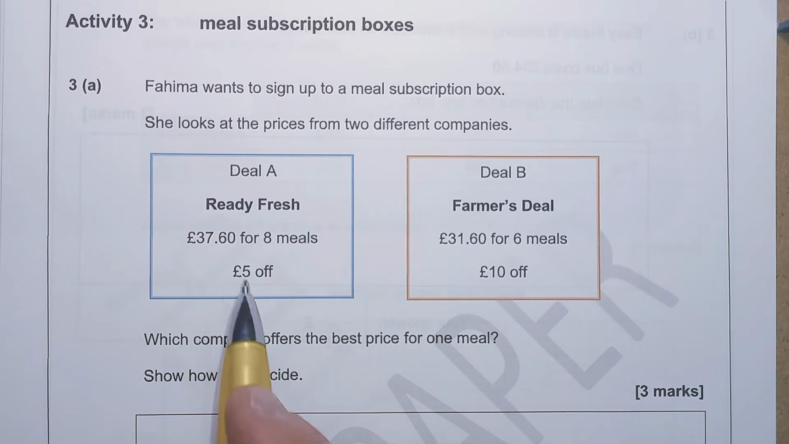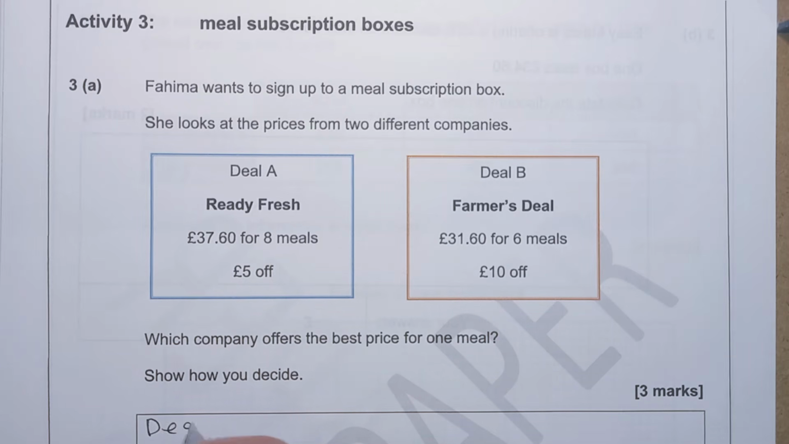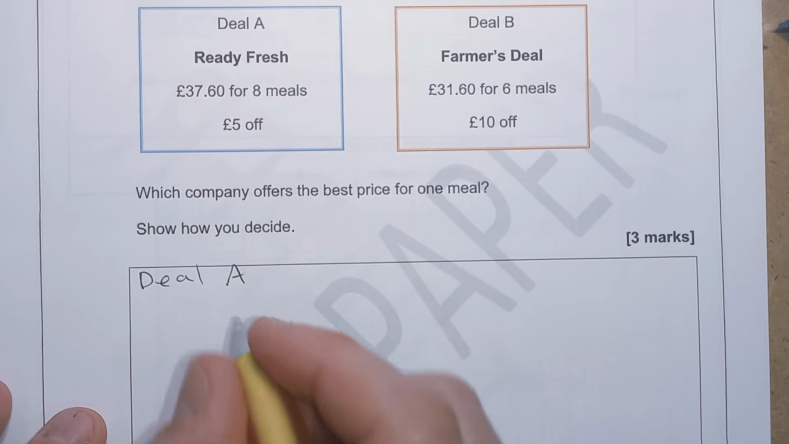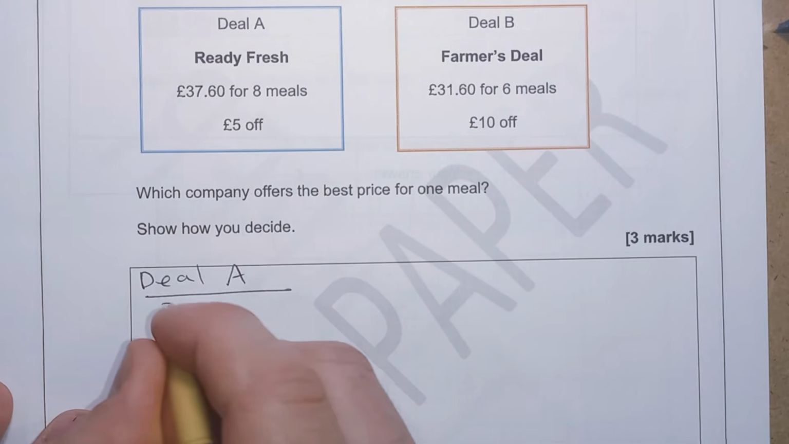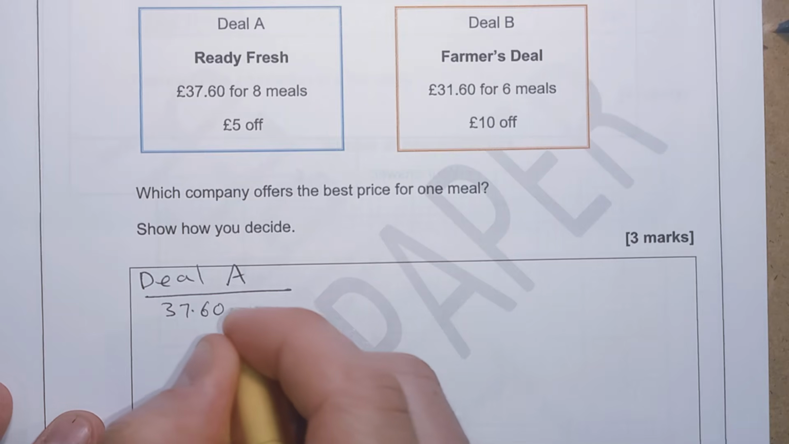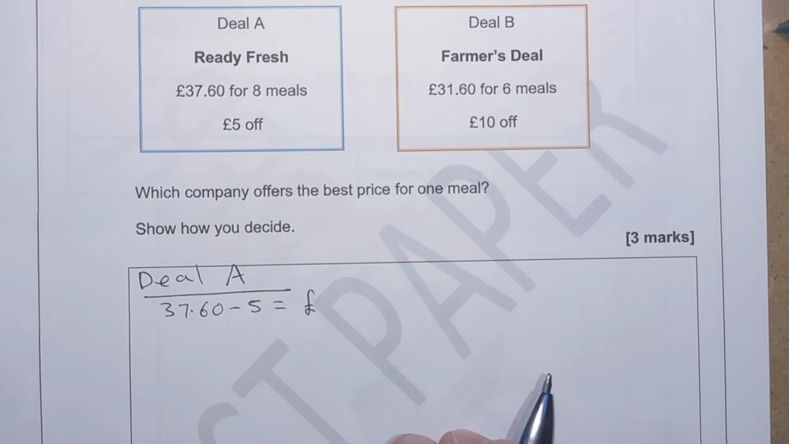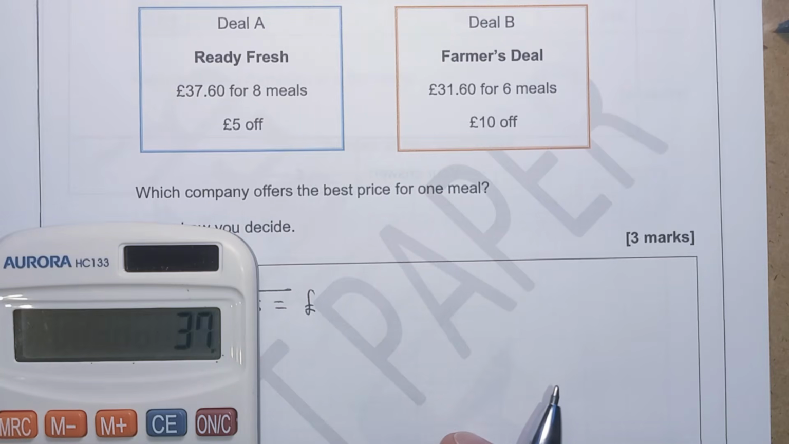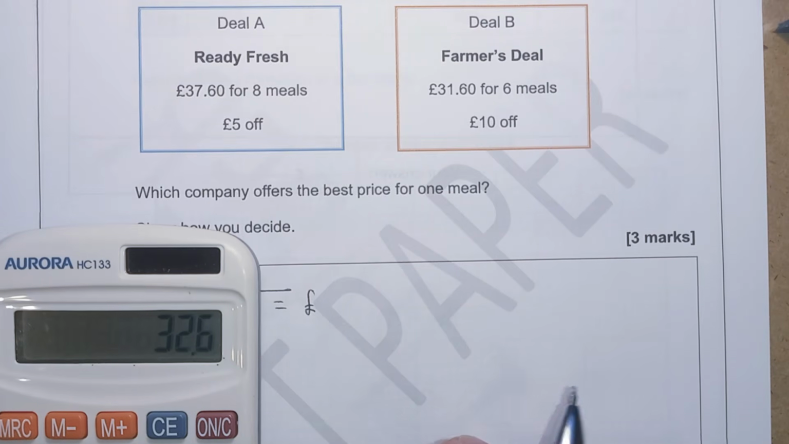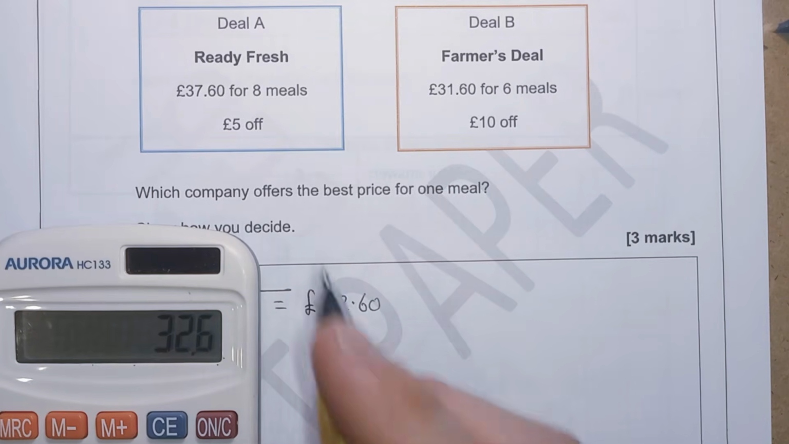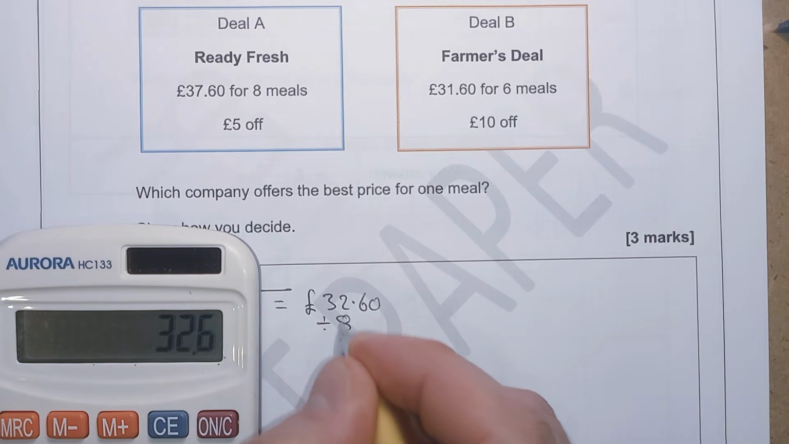Right, so, first thing we want to do is take off our discounts. Okay, so if we do deal A, we can do £37.60 minus £5 gives us £32.60. This is for 8 meals, so we want to divide it by 8,